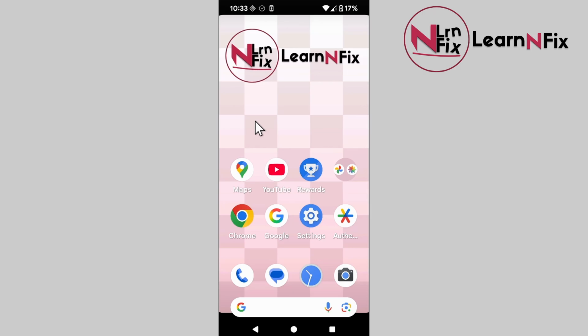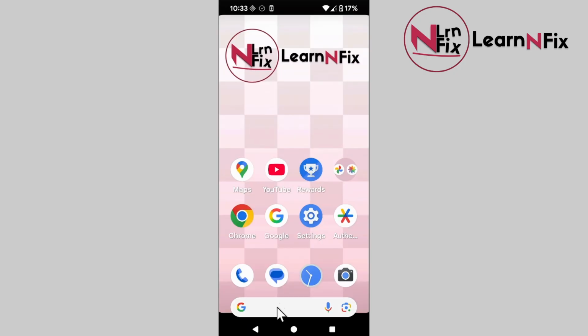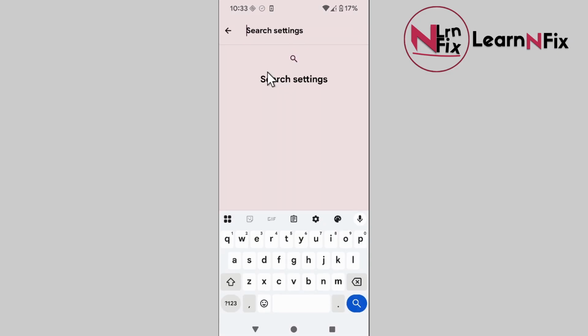How to add a language to the keyboard on Google Pixel phone. So if you look at my Google keyboard, currently I only have English. I don't have any other language. I can't change to any other language. So to add languages, just go to settings and then type in the search language